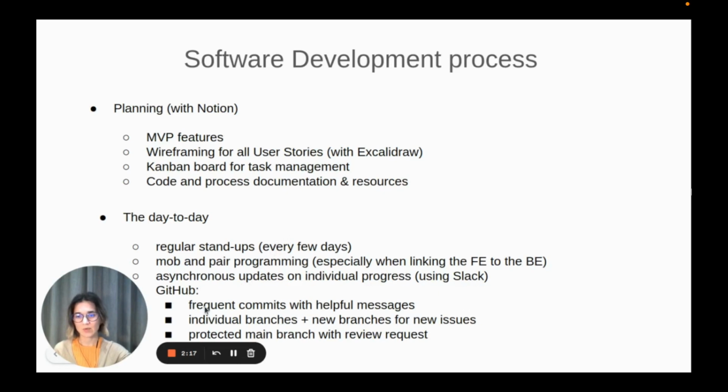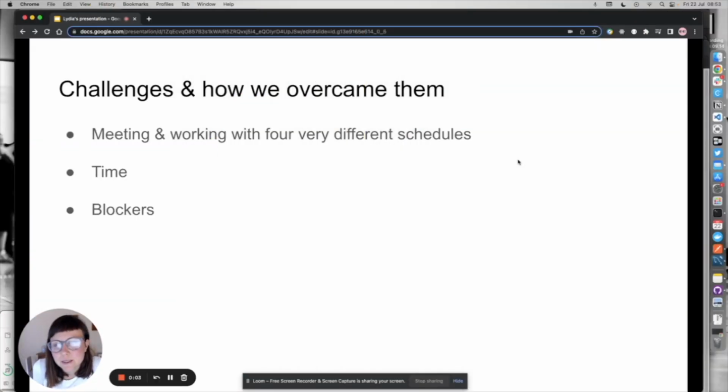Specifically for Git, we used frequent commits with helpful messages. We used individual branches, and then we created more branches for new issues that we needed to deal with separately, and then we merged that into the main branch. And about merges, we made sure to protect the main branch so no one could push without at least one review. We did have a few challenges while we were developing this app, mostly to do with having the time